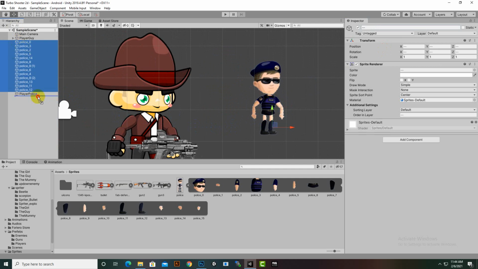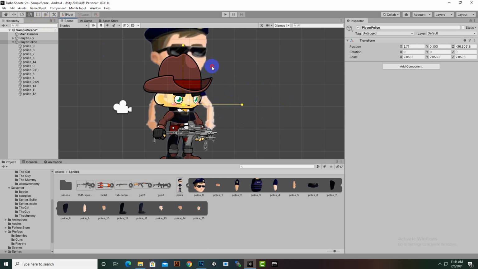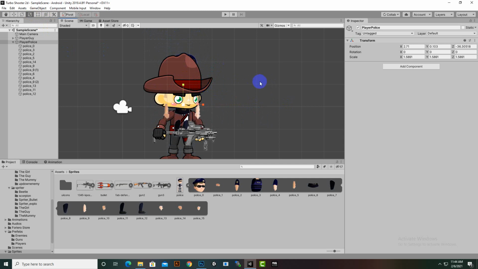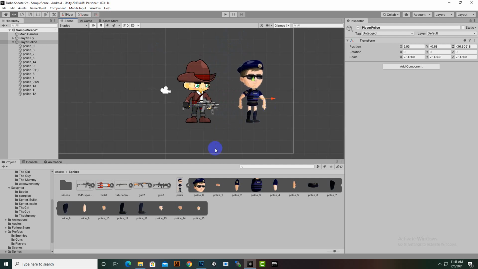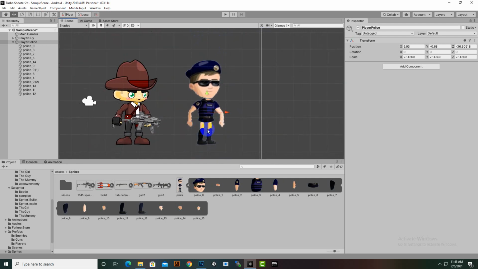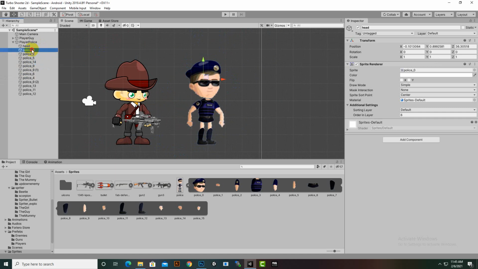So now we can just bring it here, and after that we will select police. We will bring it here. We will just make it bigger, something like this. So we can just randomly bring it here, and when we are happy with the size, then that's it. And now we can rename every section as well, like head, like body,